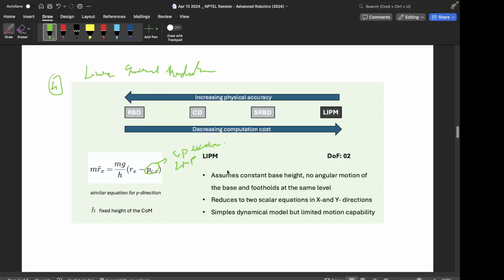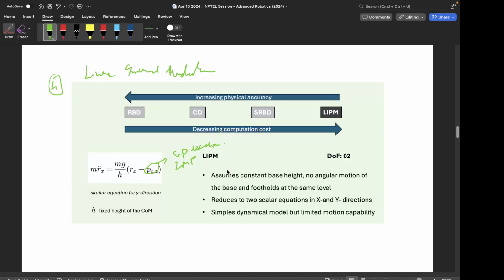So this is a very simple dynamical model in which the base x motion and y motion is described in terms of basically the position of the COP or ZMP. And again, this model was also used initially quite a lot, and people have shown robots walking in uneven terrain also using this LIPM model itself. So this model also served well, but has a limited capacity of motion generation because we are sacrificing